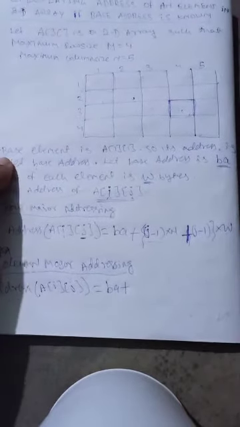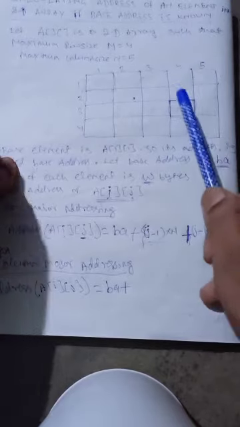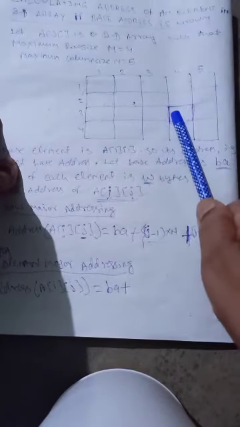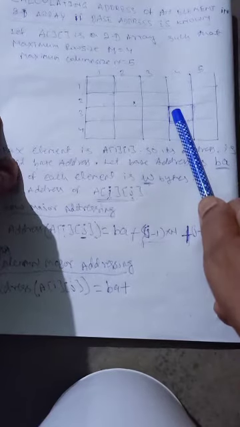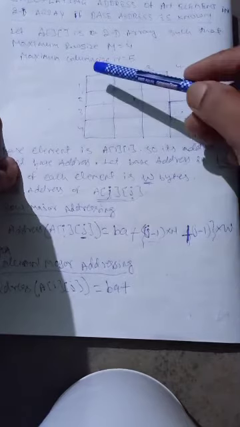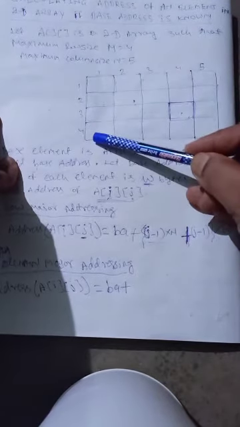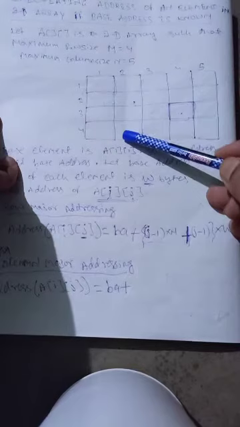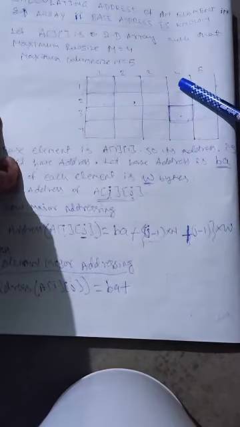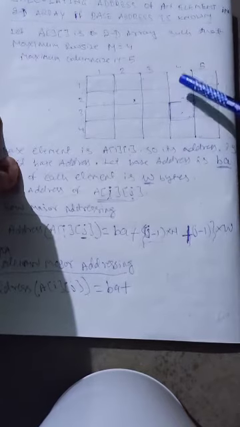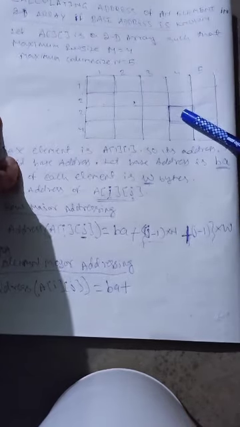Let us take the same cell in this example. When we say column major, that means the elements of the array are arranged consecutively, column by column. The first column will be present continuously, then the second column, then the third column, and then we reach the fourth column. In the fourth column we have these two cells, and after these two cells comes our cell. So how many total cells are there before this cell?